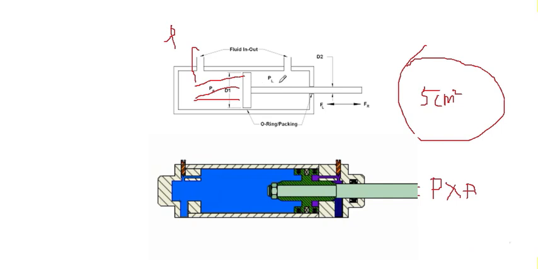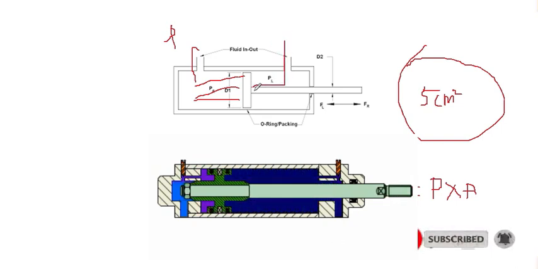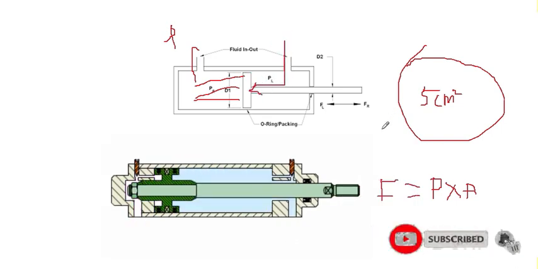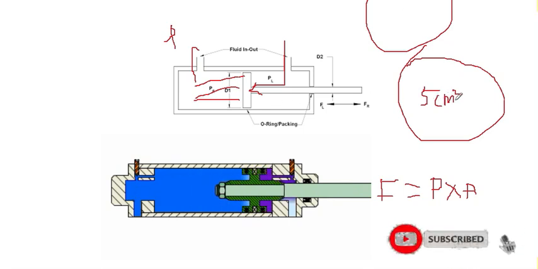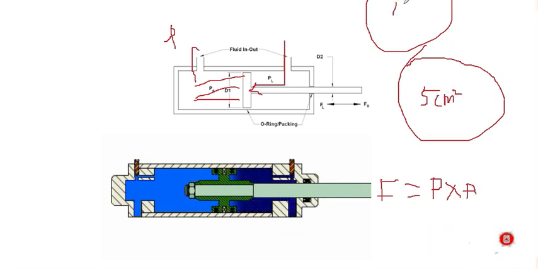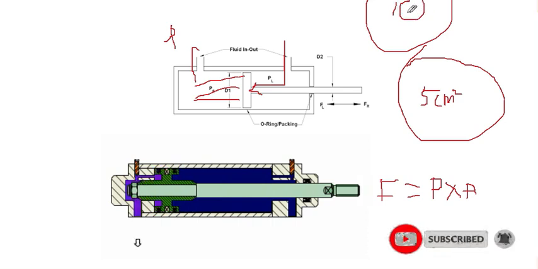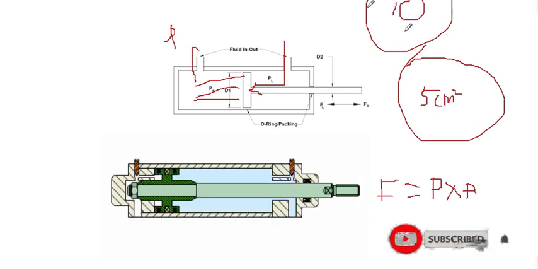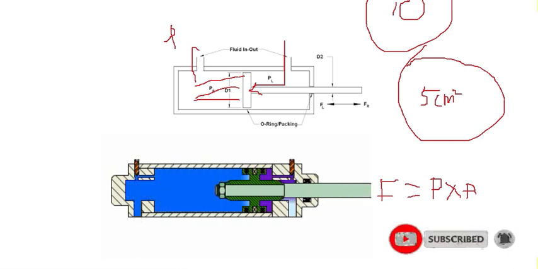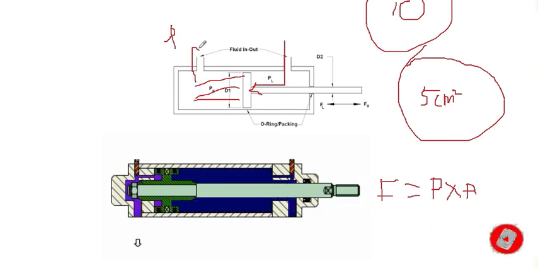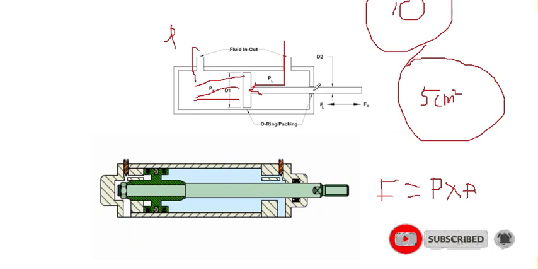The same calculation is going to apply here also, but the difference is that here the area is less as there is a piston rod over here. If you consider the piston rod having 1 centimeter square, then the area is going to reduce, so it will become 4 centimeter square. Then in your calculation there will not be an equal force while retracting. The force coming forward is more, and while retracting it is going to be less. This is the main thing.